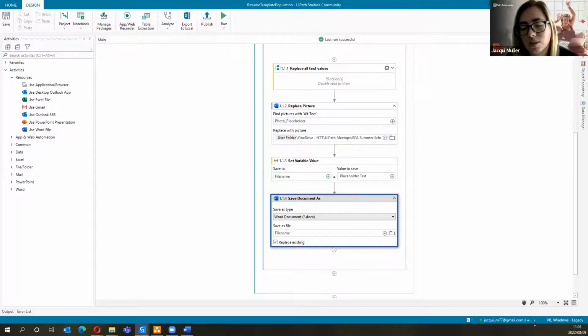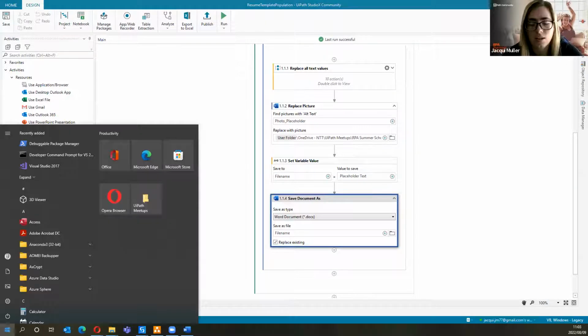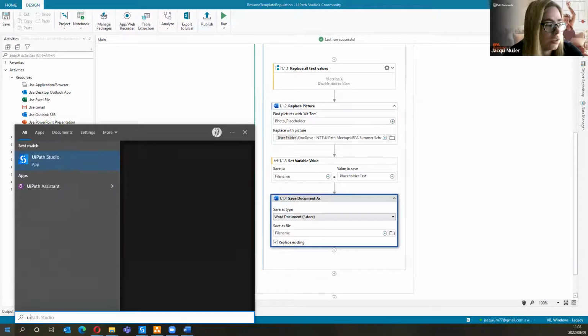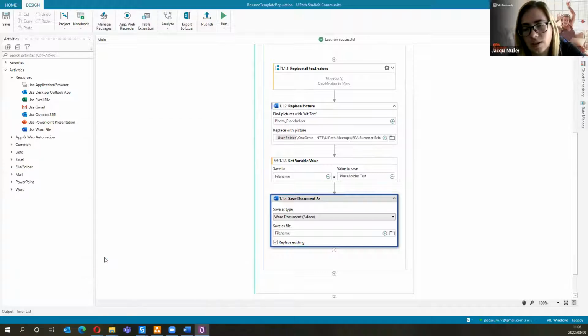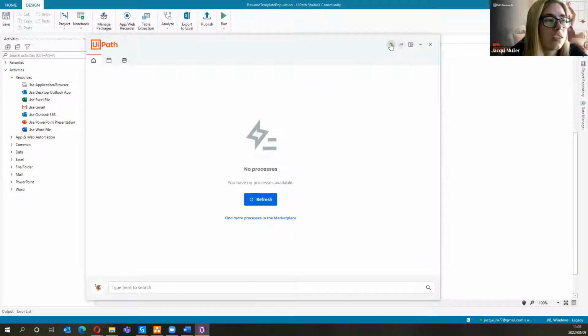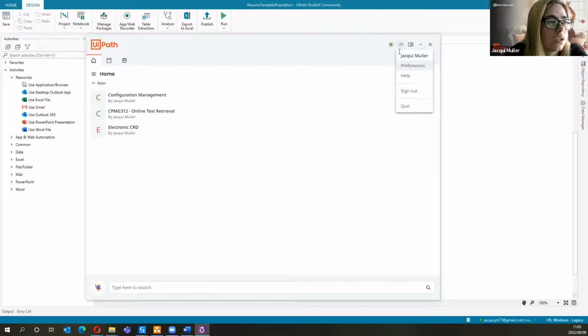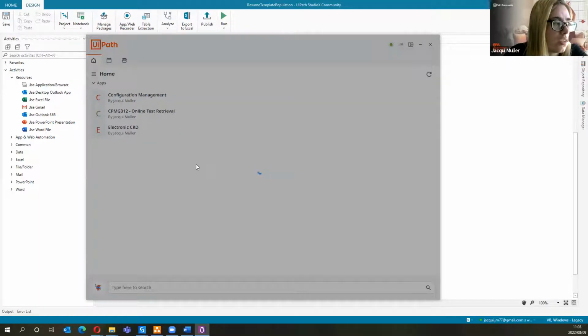So if you go to your robot assistant, which looks like this, if you click on the start button and type in UiPath assistant, it should show you everything that's happening over there. You should see a green dot. Then what you can also do is go to preferences,